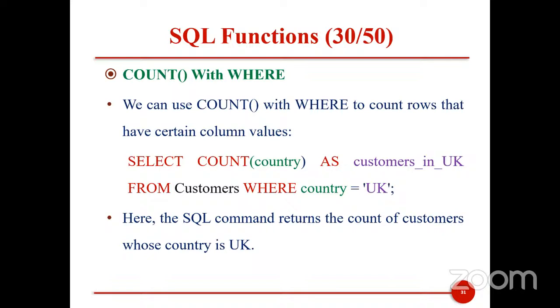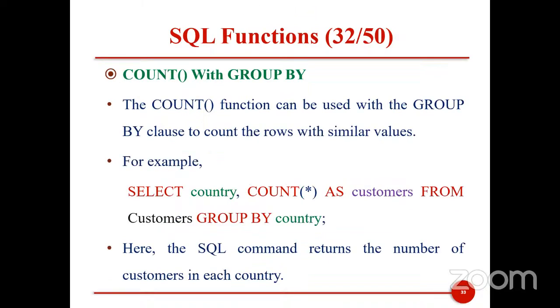Then we have what? We have group by. You can also decide to group. That's why you see select country, then count as customers from, like select the count to display for us a country, in a column called country, and then another column that will store the count, and you rename it customers from the table customers, and you group it by the country, which means that it will go to the table